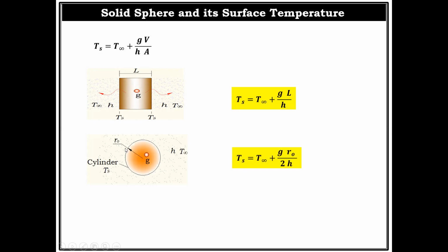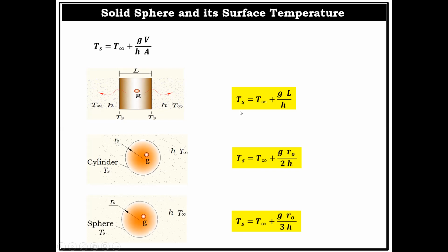Rho is nothing but the thickness through which heat is passed. Correct? And when we are talking about a sphere, our equation becomes Ts equals T infinity plus G Rho upon 3H. Again, what is this Rho? Rho is nothing but the thickness of the heat flow path in a sphere. Now, how to remember? Either you remember only this main form, and then as per the geometry, you can convert it within a minute or within a second, or the basic changes.